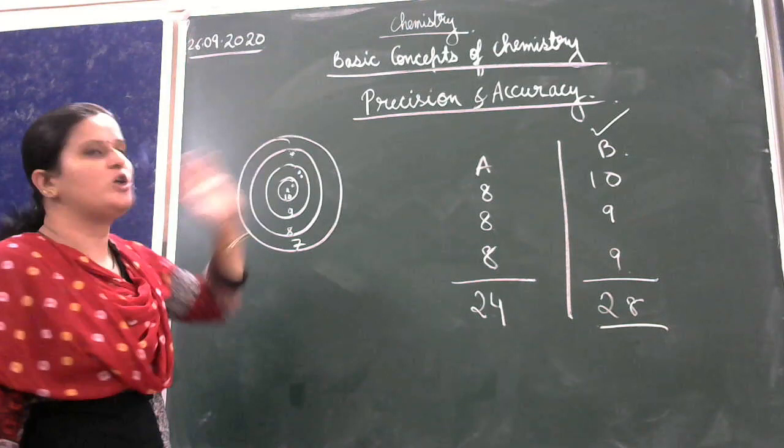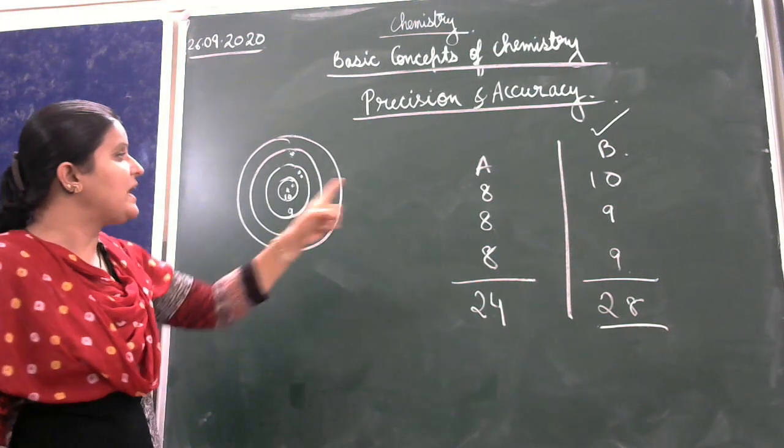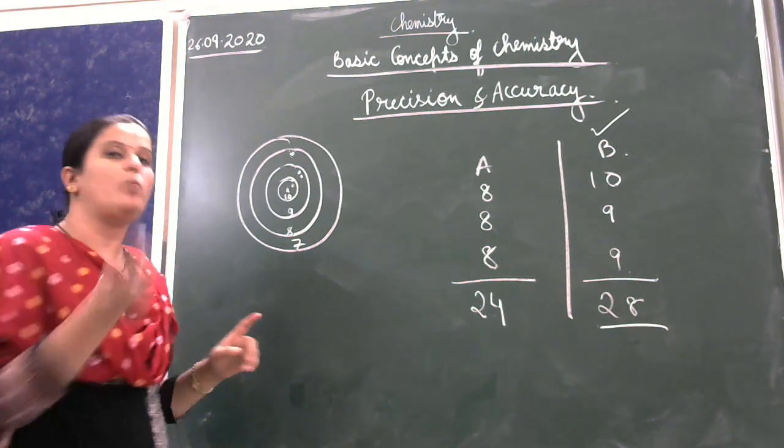So A is not accurate, but I will say A is precise. And why will I say A